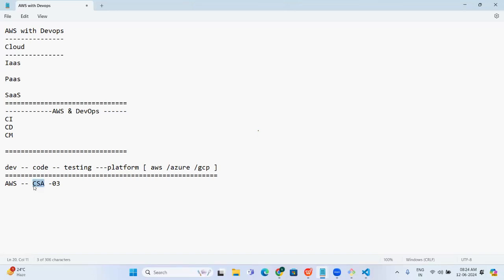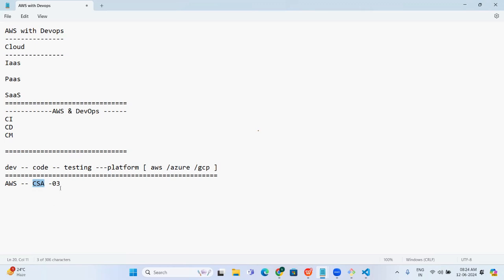There is a professional level also, associate and professional. You can try to write at least one certification like this. Before the Azure Architect certificate, there is a basic level certification also. If you want, you can write that as well. But I recommend going with the AWS Certified Solution Architect Associate.